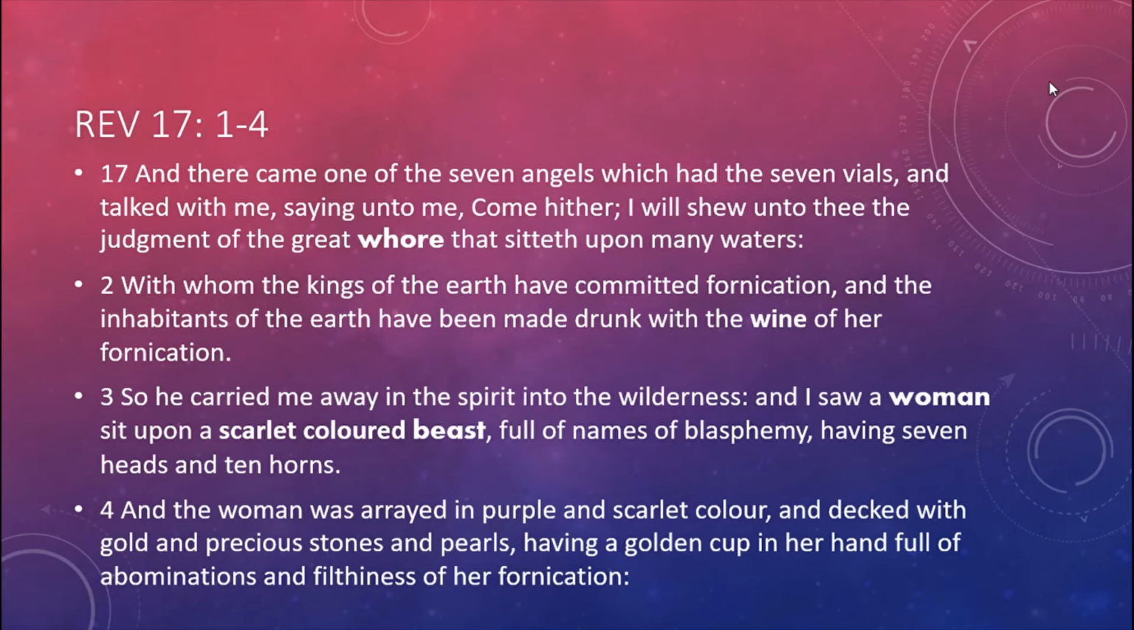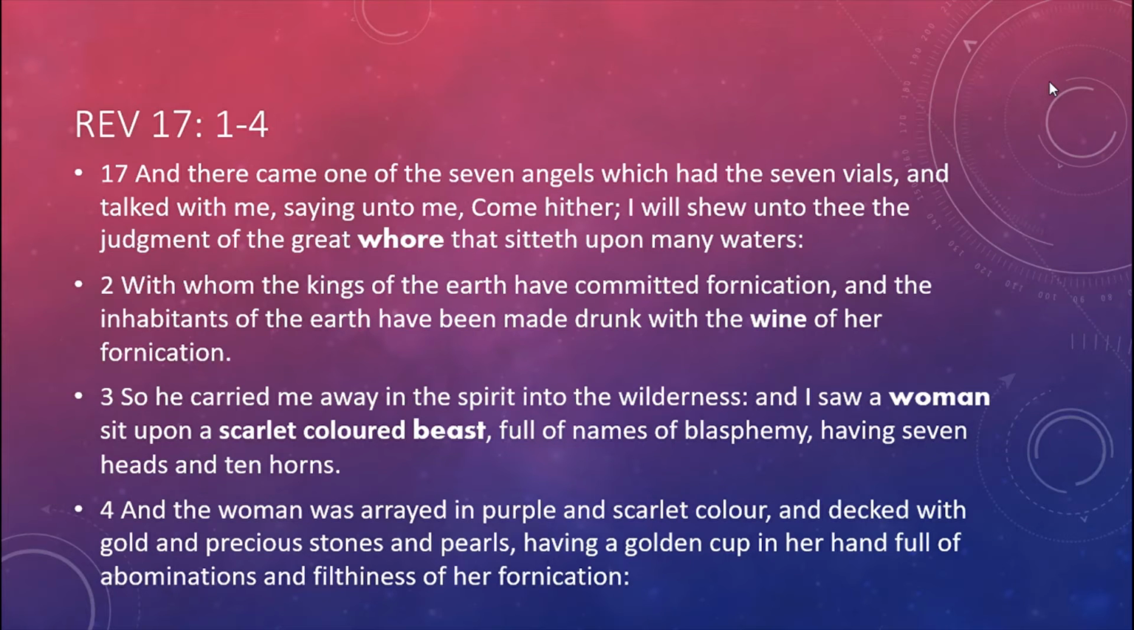Okay, let's look at how this was used in a prophecy. Revelation 17 verse 1 to 14: And there came one of the 7 angels which had the 7 vials, and talked with me, saying unto me, Come hither, I will show unto thee the judgment of the great whore that sitteth upon many waters, with whom the kingdoms of the earth have committed fornication, and the inhabitants of the earth have been made drunk with the wine of her fornication. So he carried me away in the spirit into the wilderness, and I saw a woman